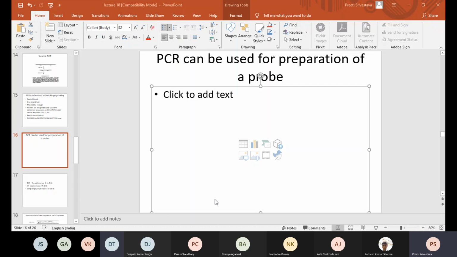Ma'am, a probe is basically a sequence that we can use for identification. I mean, a small sequence that we can hybridize with maybe our gene of interest to identify it. Right, very good. So a probe usually has a fluorescent tag or a radioactive tag, right? So PCR can be used for the preparation of a probe because a probe